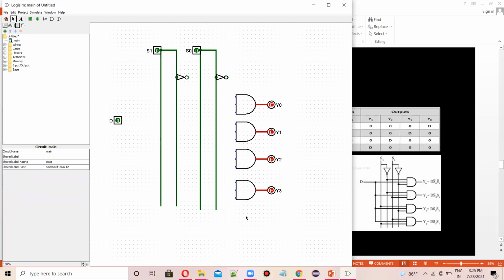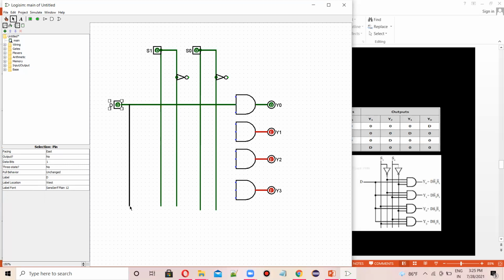Now what we have to do is connect this to the main input. So let's connect it like this. Now I'll connect every circuit to the main.